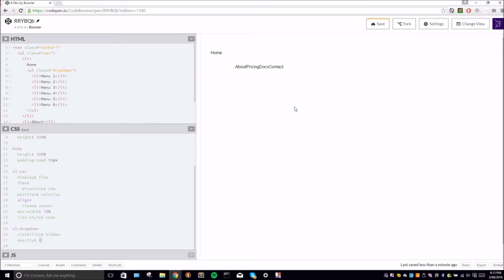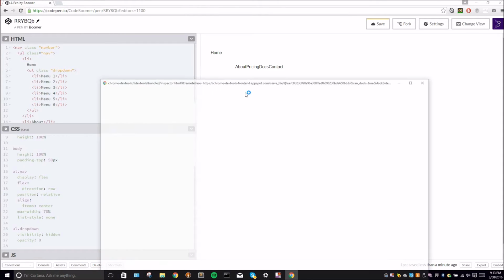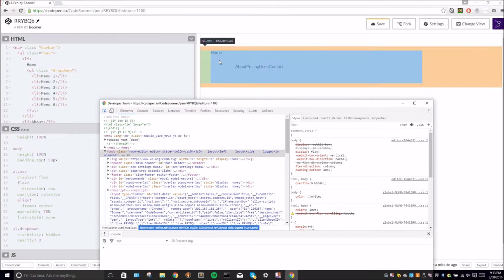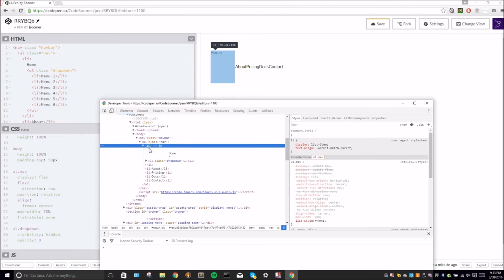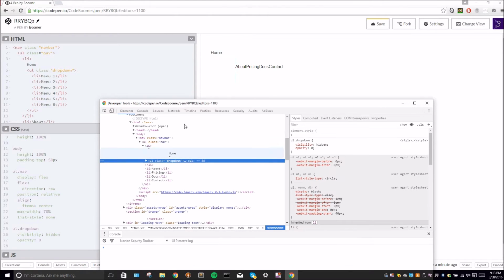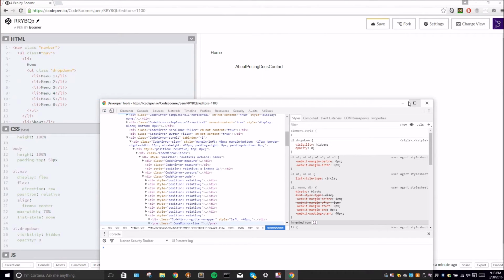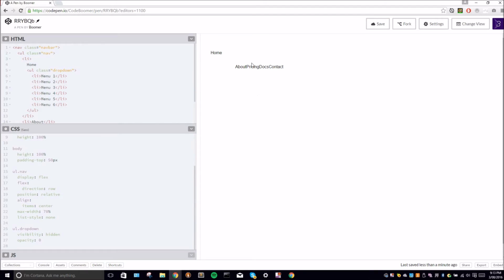Opacity 0. So we will bring that up now in the debugger. You'll see here dropdown. So you can still highlight it, but if I try to hover and select it within here, I can't. So it's basically when you apply visibility hidden and opacity 0, it's non-selectable, even though I'm pretty sure it still takes up its position flow within the DOM,